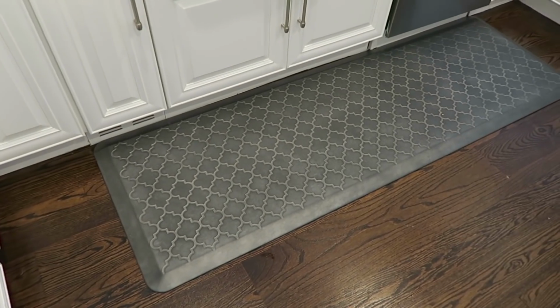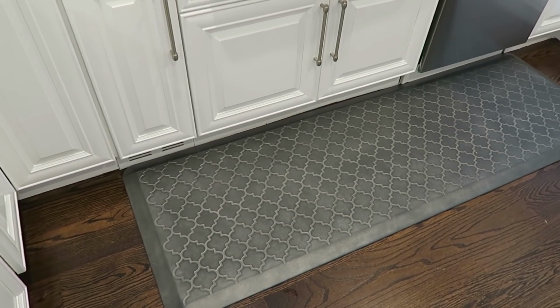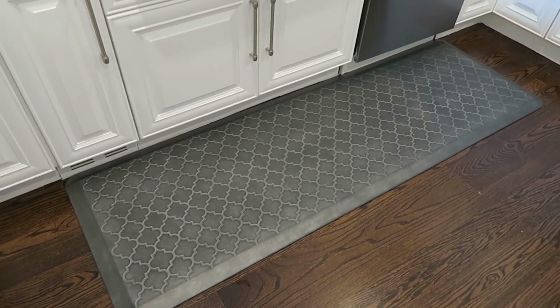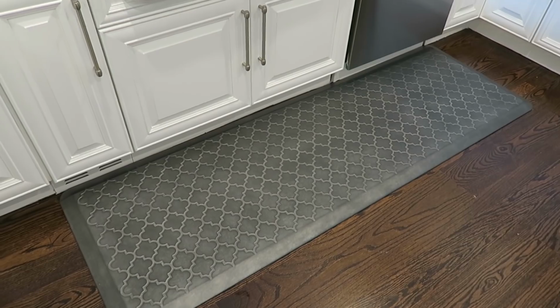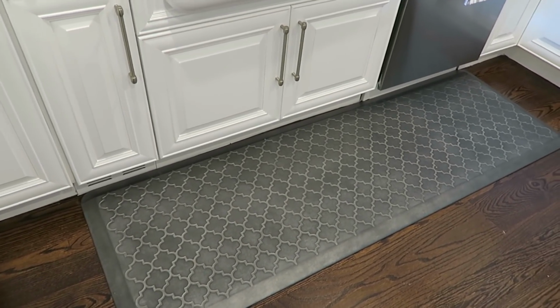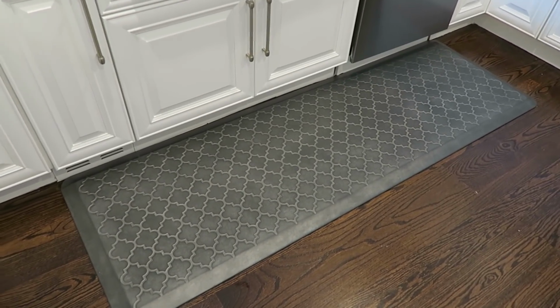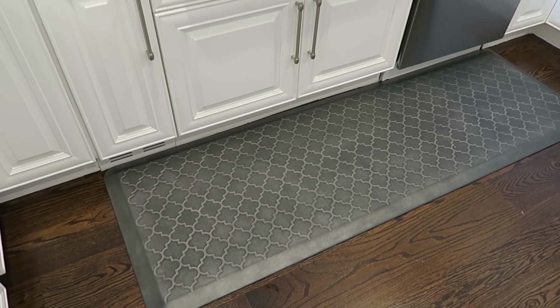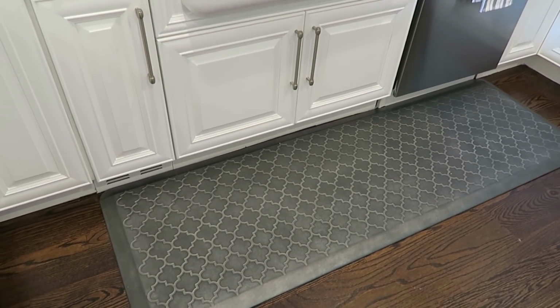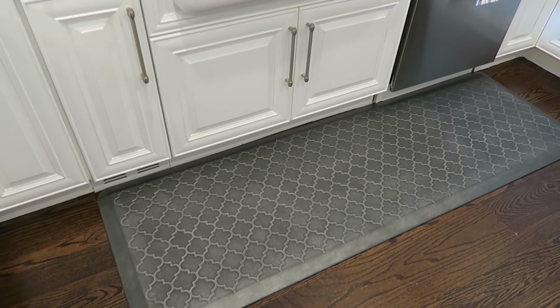I did also replace my cushiony floor mat by the sink. I had one of the same length before that was brown. Obviously, it went much better with the warm tone kitchen and orangey floors we had before. I wanted something kind of silvery gray to match the kitchen. I found this at Front Gate. It's by Wellness Mats. It's one of those really, really cushy mats, not memory foam, easy to stand on,